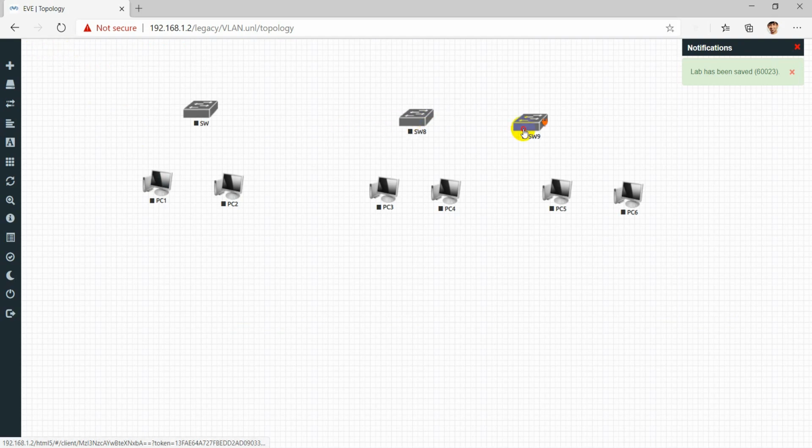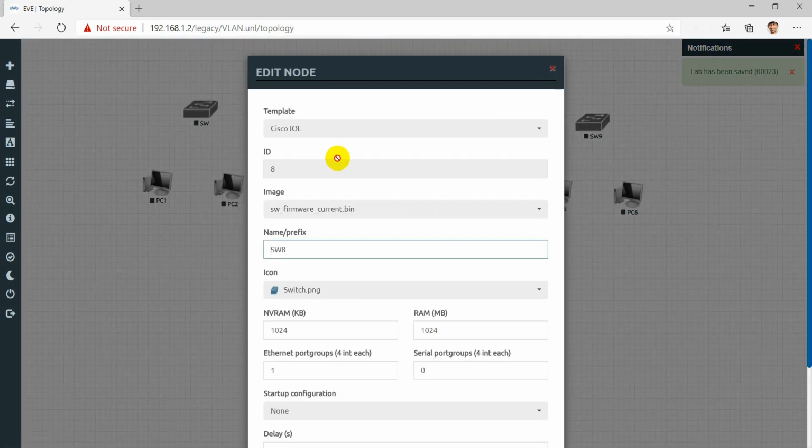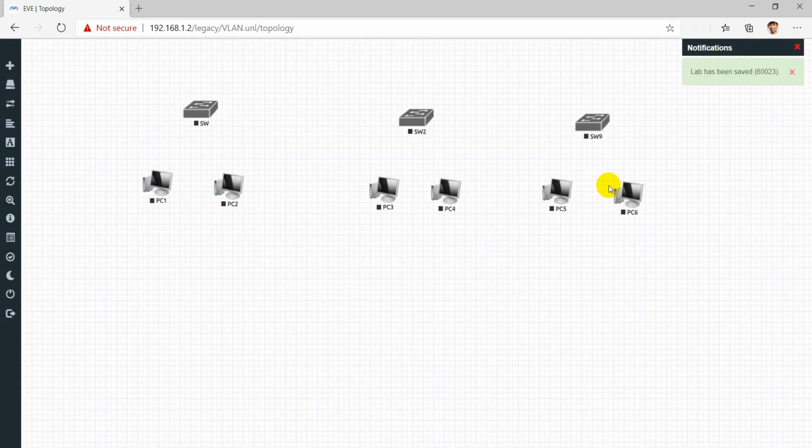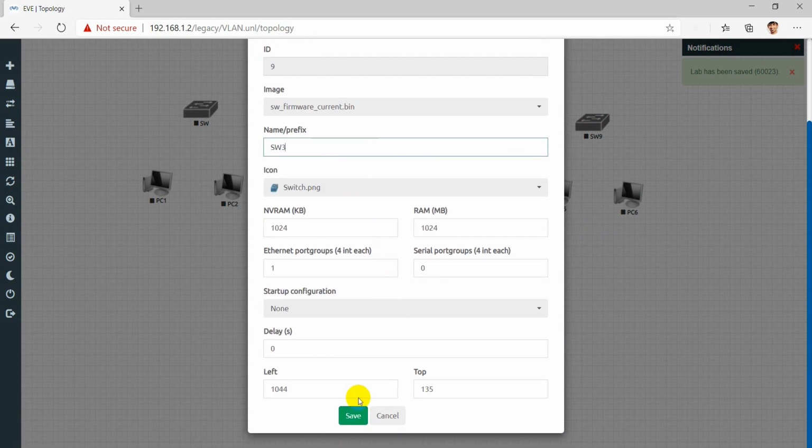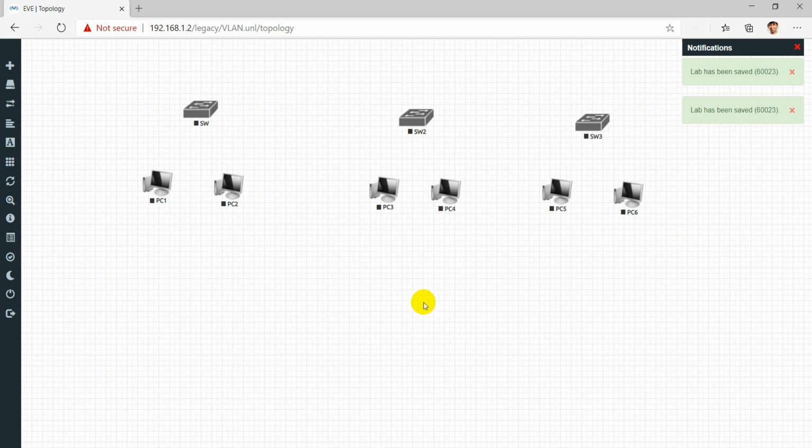Why are these showing as switch 8 and switch 9? I'll just edit them, make it switch 2, save, edit it, make it switch 3. So now we have these PCs connected with these switches.